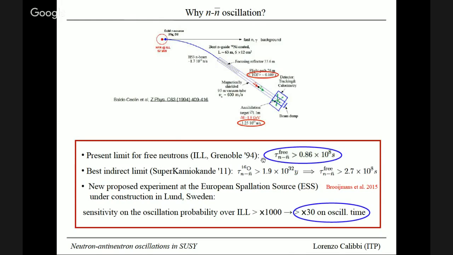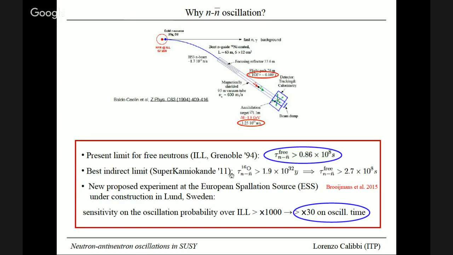It's a limit on the oscillation time of the order of, as you can see, 10 to the 8 seconds. And it was established already more than 20 years ago by this experiment in Grenoble in France. And this is a sketch of what the experimental setup was. More recently, Super Kamiokande in Japan established an indirect limit